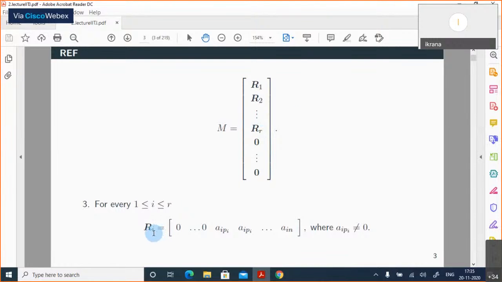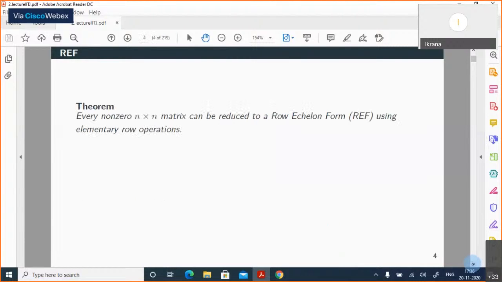Ri, for i between 1 and r, the first non-zero entry is coming at a place which is Pi. All other entries on the left side are all 0. Okay, so that is the row echelon form of a matrix that we defined yesterday, and we proved a theorem